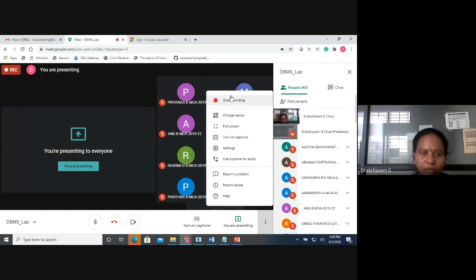Ma'am, always uppercase? Sir, it is case sensitive. So when you are entering into the table, in case you enter a capital letter, when you are fetching in the query also, it should be a capital letter. Or if you are entering a small letter, it should be a small letter. That is, it is case sensitive. Yes, anything else?